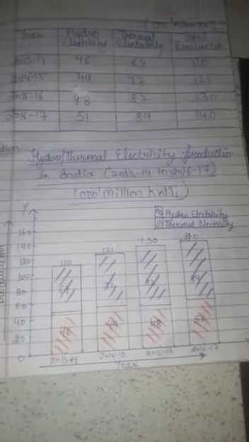Clear? So what we are going to do, firstly we will make the bars according to the total value. Clear? According to the total value, then out of the total value any part value can be marked here, and then the first value can be shown here. Clear? And after that what is left, that is the second part, that is thermal electricity.